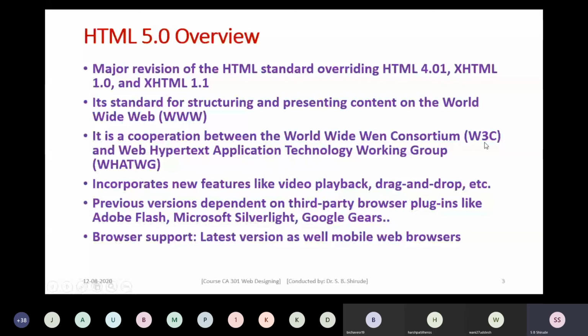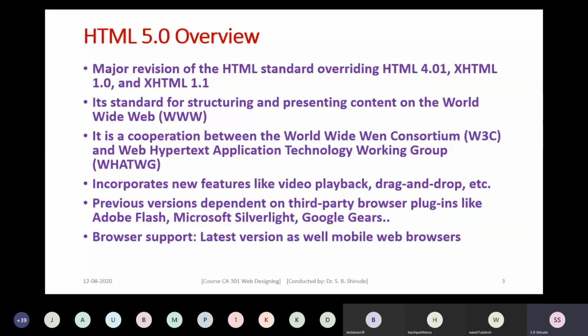These are the two standards that we should refer to on their websites. HTML 5.0 incorporates new features like video playback, drag and drop, microdata, geolocation. So some new features are added in HTML 5.0. In this unit, we are going to practically learn how you can make use of these features.